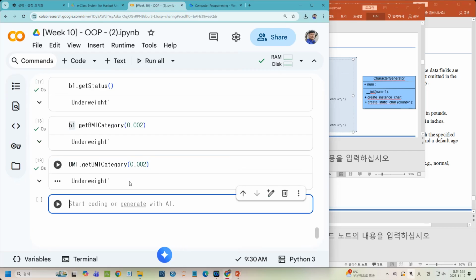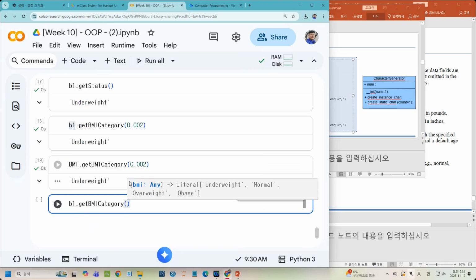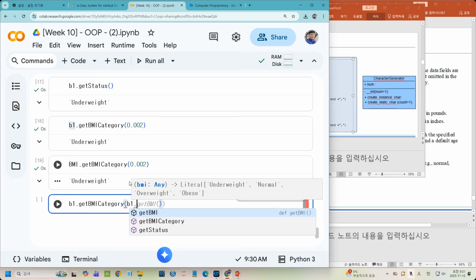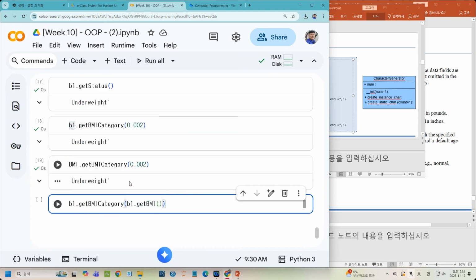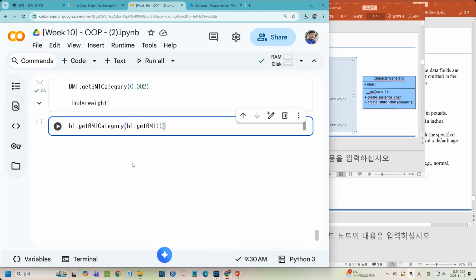Now I want to make this one P1 get PMI category, and I want to get the result from get PMI. Is it possible? Can you understand this one? I want to use the value from the get PMI, which is 0.0002, as the parameter for the function or for the method get PMI category, which is the static method,